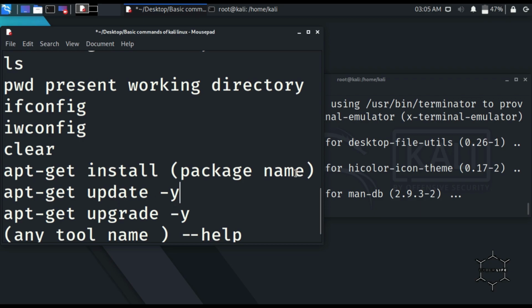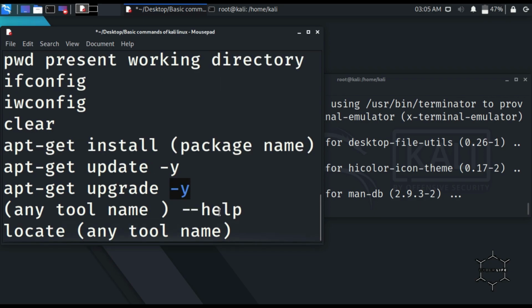When we upgrade, it will ask for yes, and you have to write Y. But if you write -y, then it will not ask for any permission, and it will automatically upgrade your Kali Linux. These two commands are already used, so I will not use them now. You can watch my previous video for these two commands.